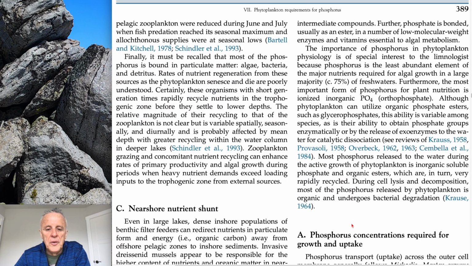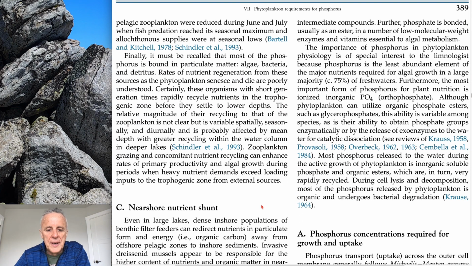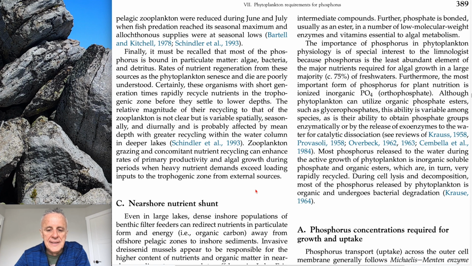Finally, it must be recalled that most of the phosphorus is bound in particulate matter, algae, bacteria, and detritus. Rates of nutrient regeneration from these sources, as the phytoplankton senesce and die, are poorly understood. Certainly, these organisms with short generation times rapidly recycle nutrients in the trophogenic zone before they settle to lower depth. The relative magnitude of their recycling to that of the zooplankton is not clear, but is variable spatially, seasonally, and